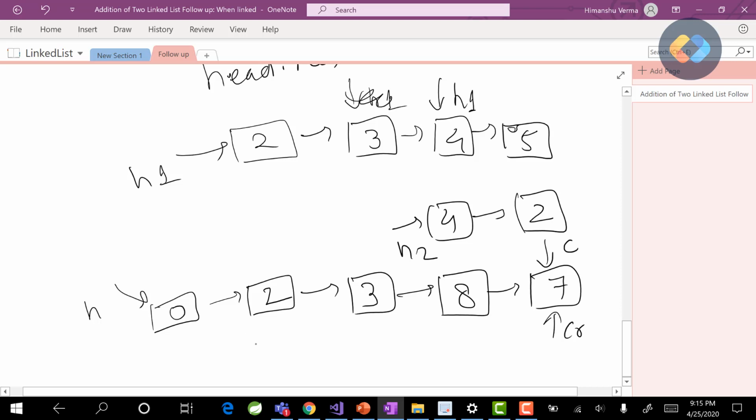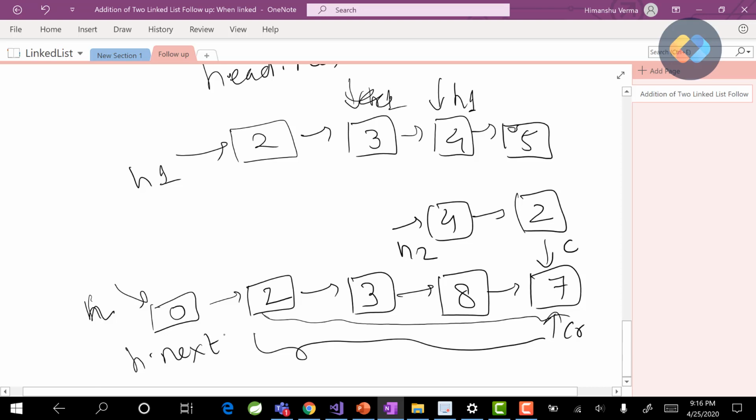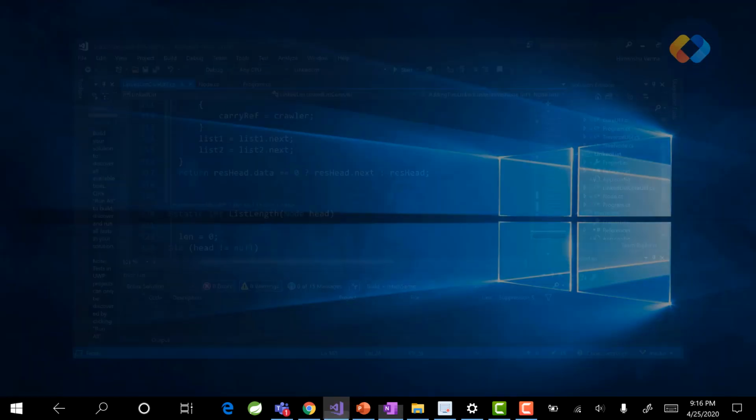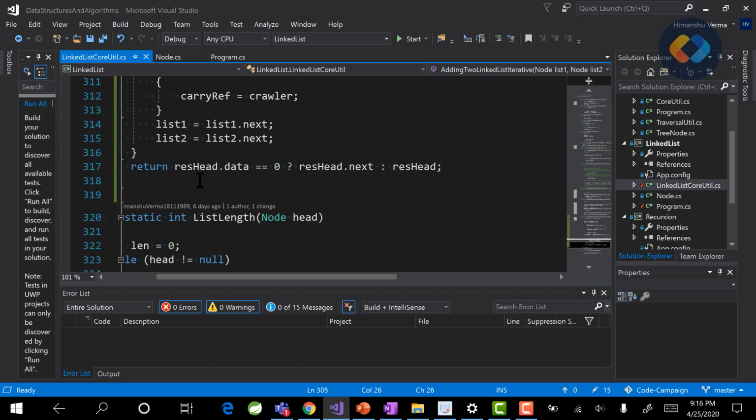Now in this case, if you see, our head is pointing to the first node, whose value is 0. If the value is 0, the sum represented is this. So in this case we return head next. That's what we are doing here at the end. We are checking if the head data is 0, that means we need to return the next, otherwise we will return the head.